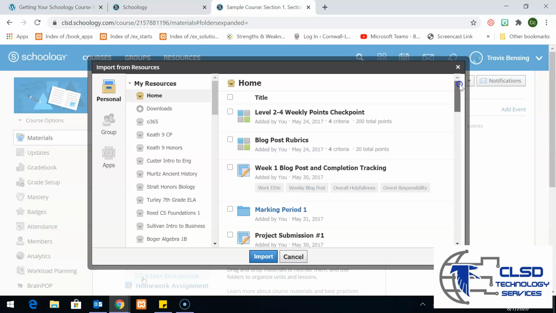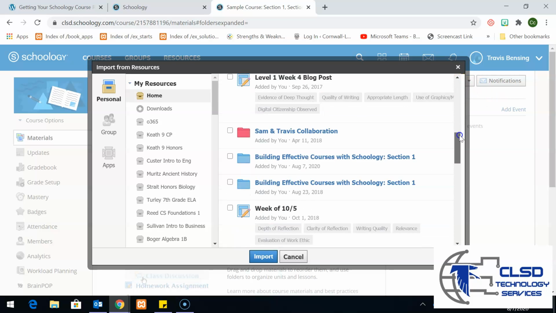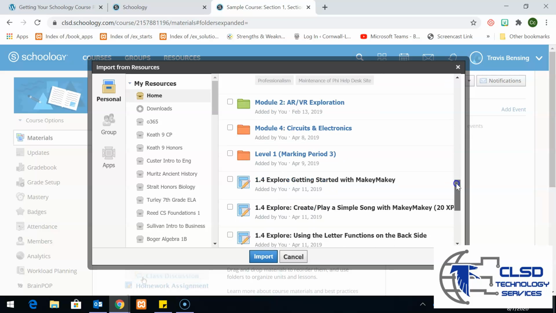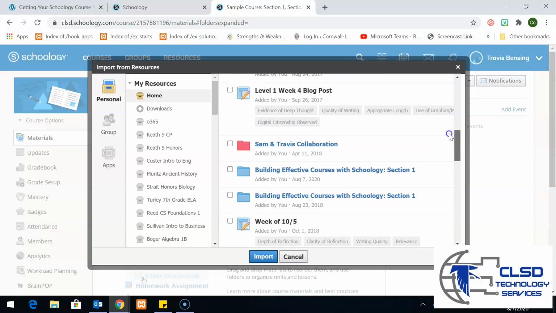And then I'm going to scroll down and find the course that I want to add. So I'm going to say that it's one of the PD sessions that I want to do. There are two ways to import, and I'm going to show you what each option looks like, because if you're using a different course template than you used last year, one option might work better than the other. So in this case, I'm going to just check off the box next to the folder, and I'm going